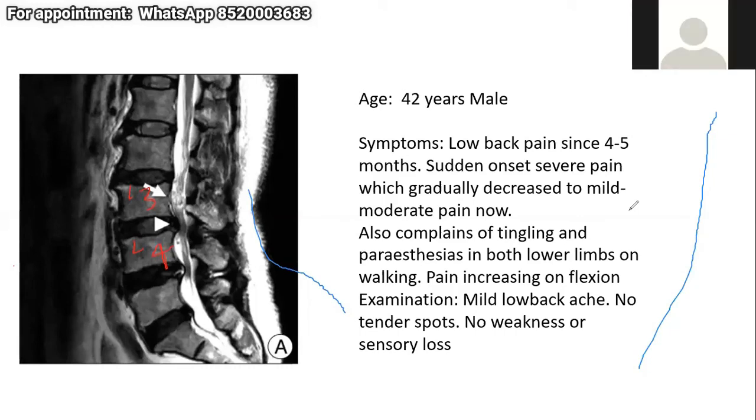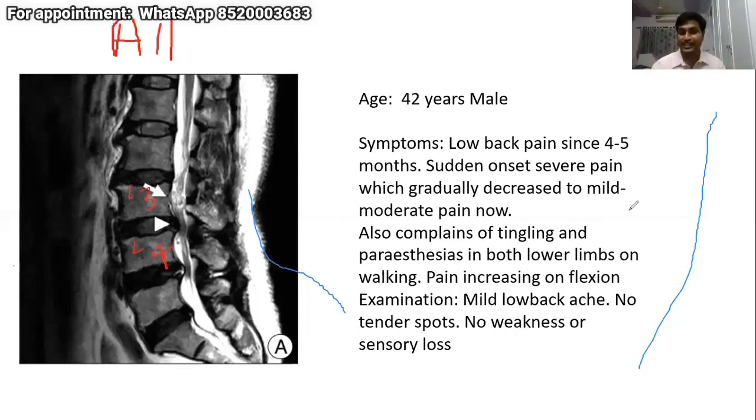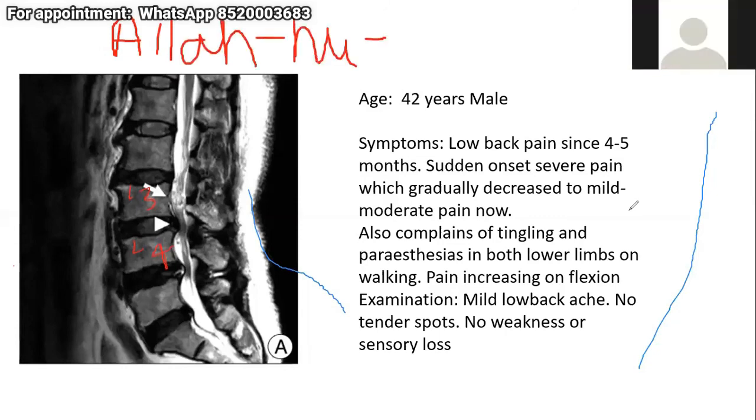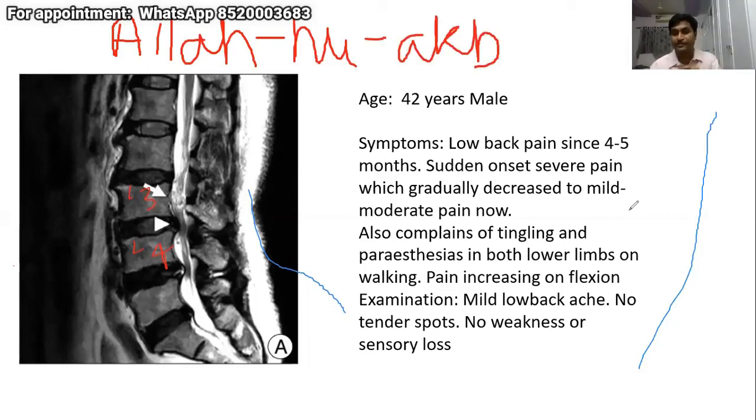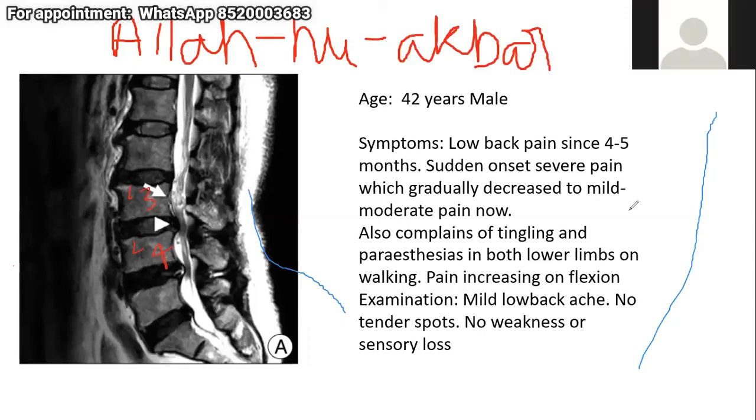Inflammation of disc is disc bulge. Inflammation of facet joint is facet arthritis. In spondylolisthesis, it's mobility, movement of one vertebra over the other. Whereas canal stenosis is a decrease in volume, an increase in pressure because of compression. So whenever a patient has paresthesias, you think of canal stenosis, either lateral canal stenosis or central canal stenosis. So this patient also has symptoms of canal stenosis. So now read the radiology. I request all the participants not to write all those things, please.